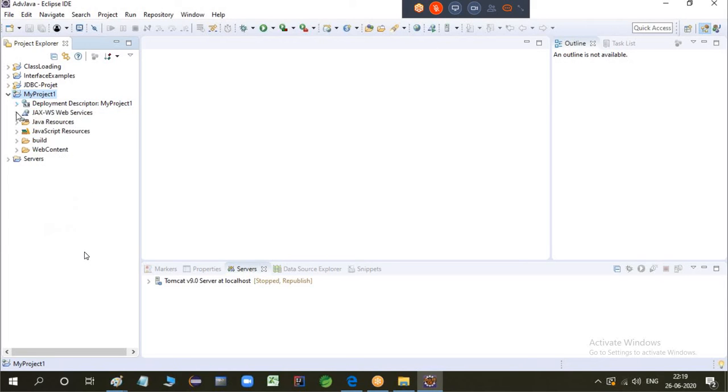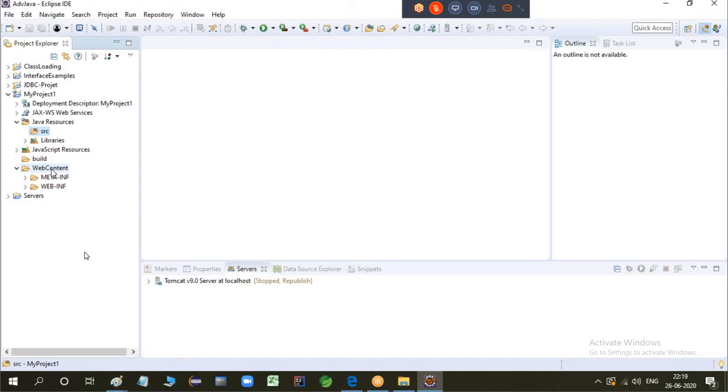add anything there. And what you can do here is, in this Java resources, you will find SRC folder where you can add your source code, where you can write your Java programs. By default, you will be having build class, which is hidden right now, but there you will get the .class files.